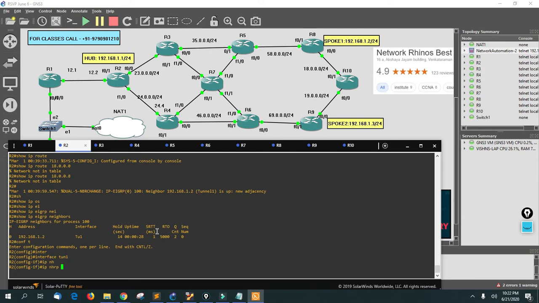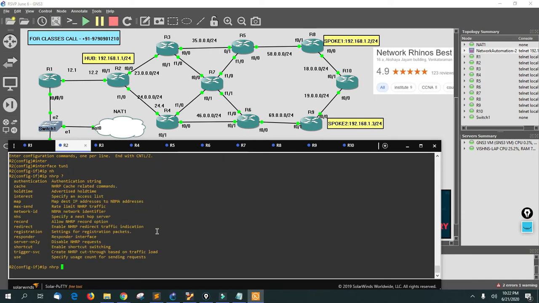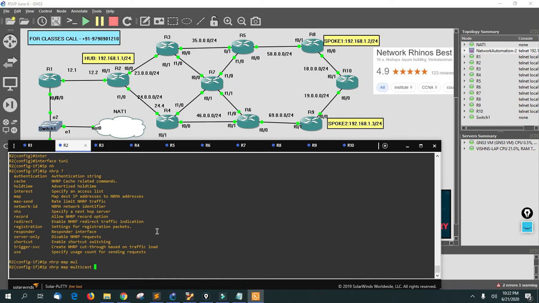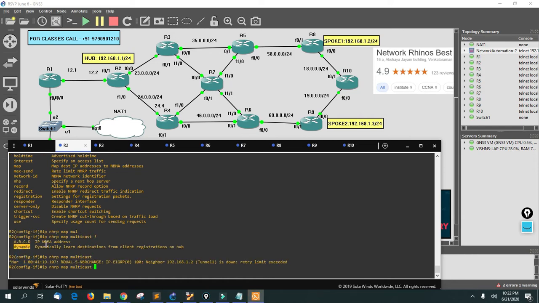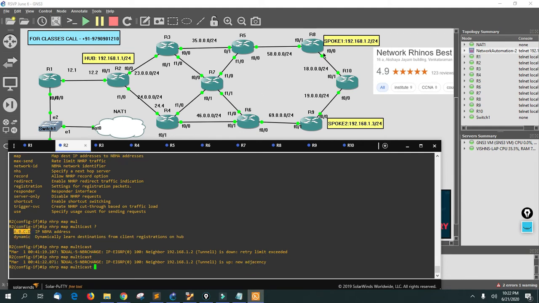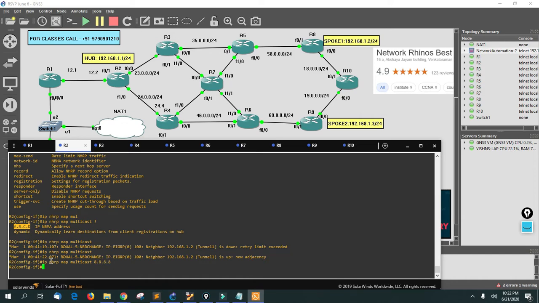I'll say IP NHRP, let's put a question mark. So map multicast: either you can use dynamic, or you can also use the exact IP address 8.8.8.8. The instant you give this, your EIGRP neighbor should come up.